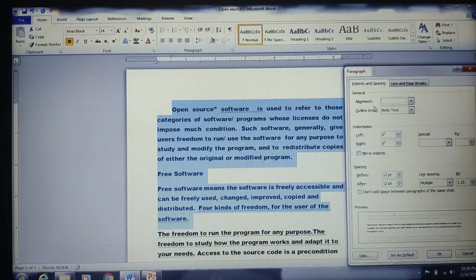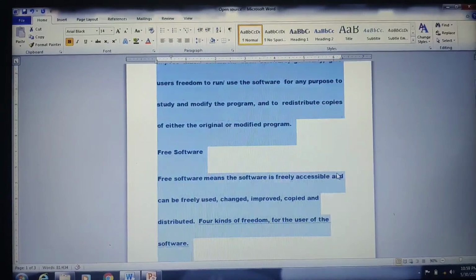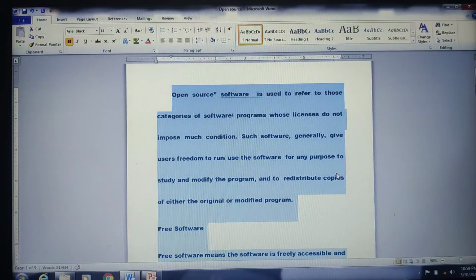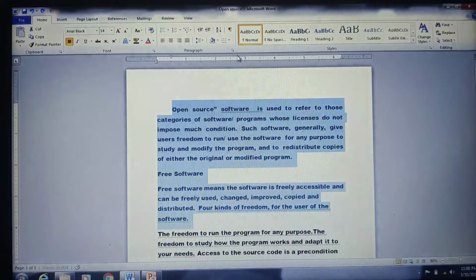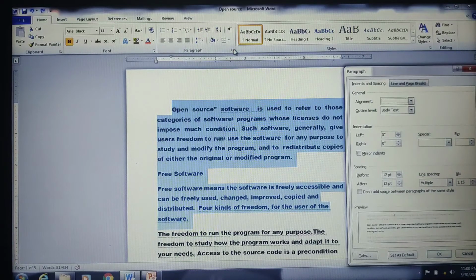What about the line spacing here? It has kept it as 1.5. I want to increase it for single lines or double lines. Okay, double lines I'll be taking, and I'll just increase the size. Can you see in the preview box it is increasing, and just click OK. Can you see, the line spacing also you can set in the paragraph dialog box. Clear? So these are the different kinds of options we are having.